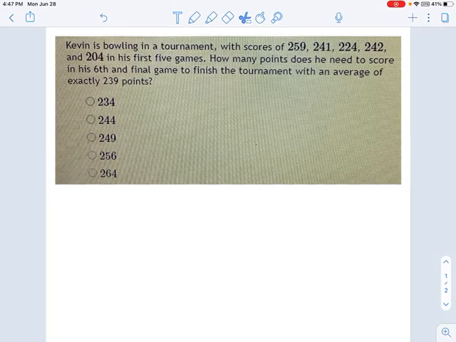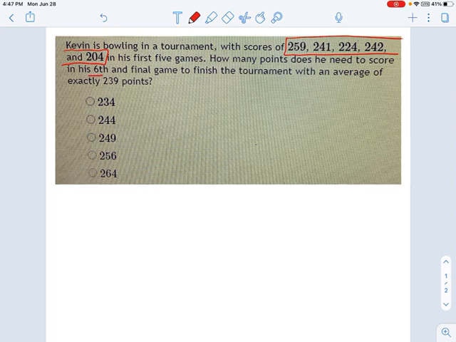In this problem, we see that Kevin is bowling in a tournament, and he's got a bunch of scores here from the games that he's played, starting with this game of 259 points and ending with a game of 204 points. He really fell apart there in game number 5. So the question is, how many points does he need to score in his sixth and final game